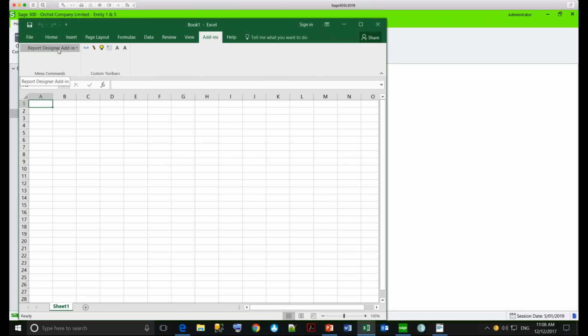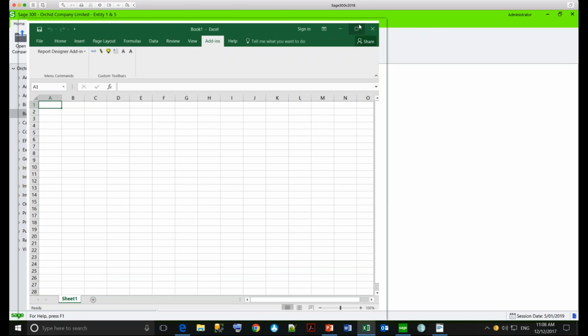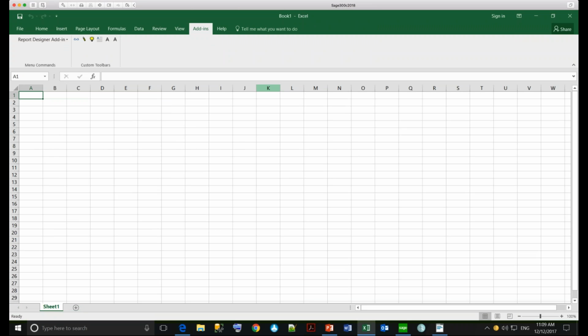So I've got my financial reporter, but also I've got my information manager add-in, which allows me to read information from Sage 300 and put it in the spreadsheet, and write information from the spreadsheet back into Sage 300. So this is the scenario where I want to use Excel as my collection method for my budget, and then without having to reformat the Excel spreadsheet, I can just click a button to update the Sage 300 database with